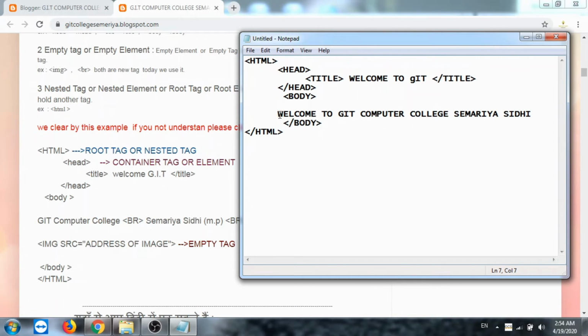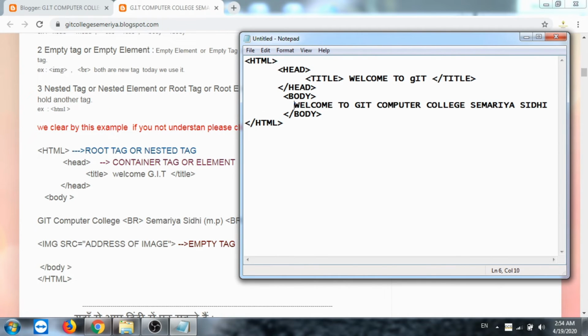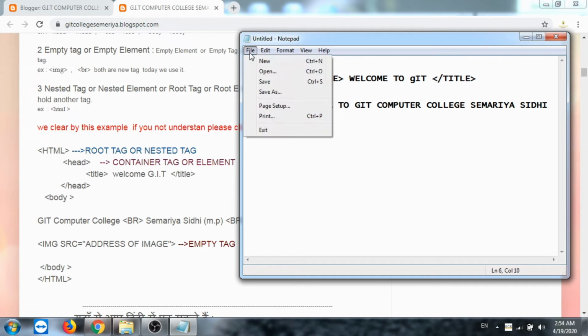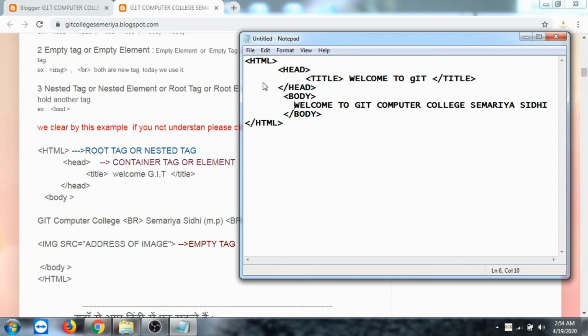So before using the image tag or a BR tag, first we run it and check it. File, save.